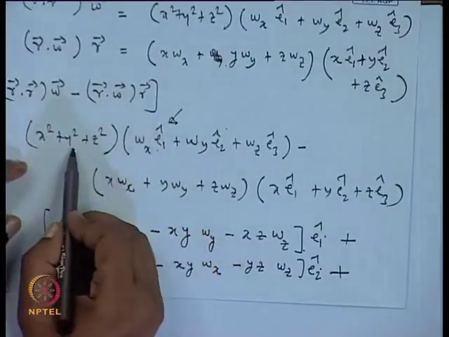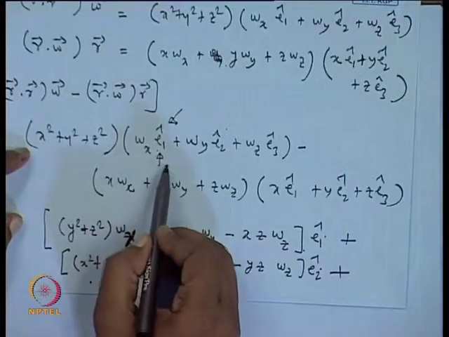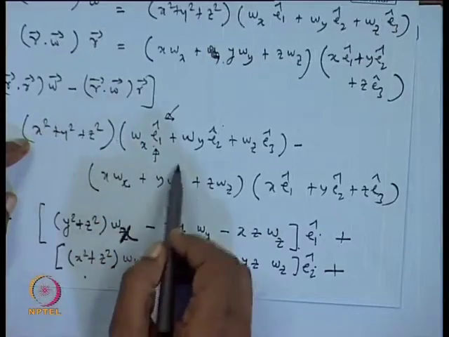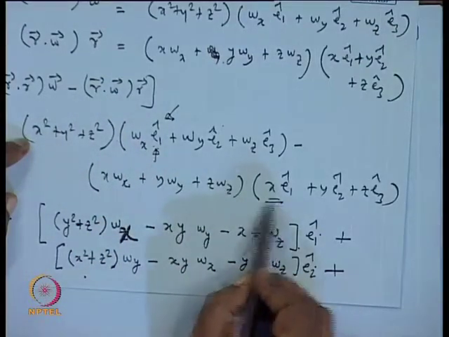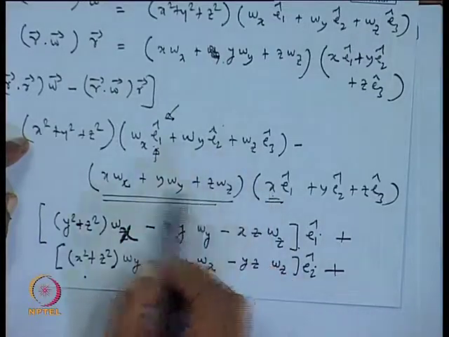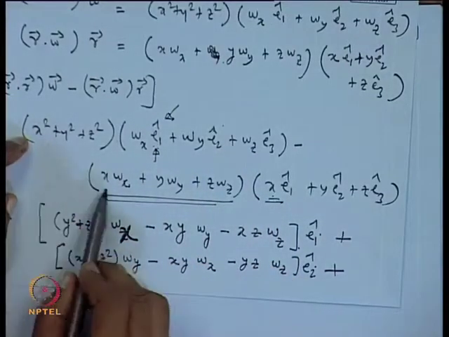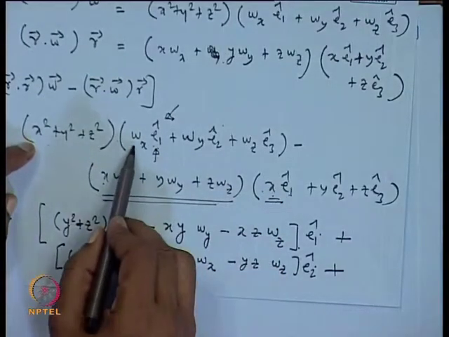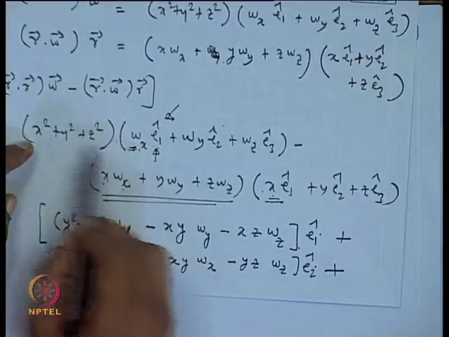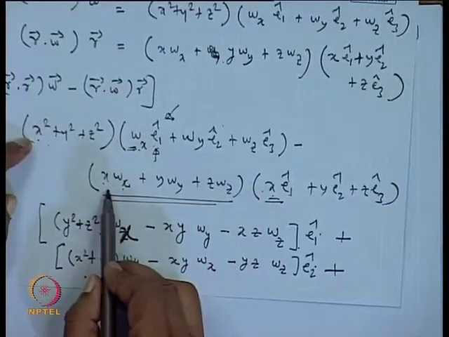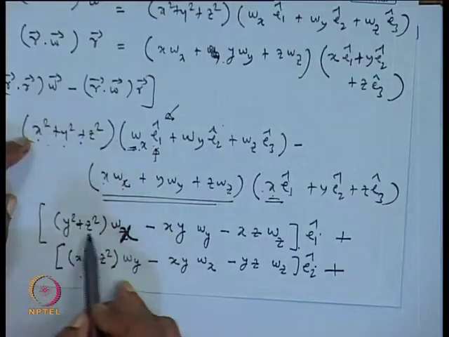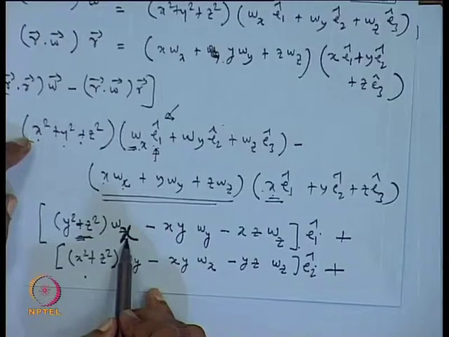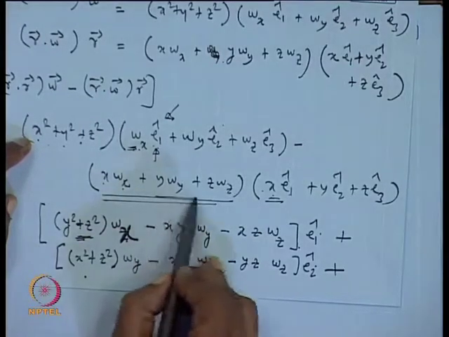So, it is easy doing from here. What we have done, E 1 cap term we have to take out. So, you multiply this whole thing with omega x. So, E 1 cap will come from this place, and this term, the whole thing multiplied by this x, will come on this side. So, you will see that here x square E 1 term is appearing times omega x, and also here you have the term omega x times x square. So, these two terms cancel out, okay, and you get y square plus z square, which was appearing here as the first term, multiplied by omega x, and the rest of the terms which come from this place.